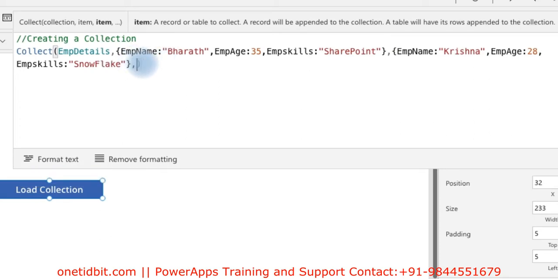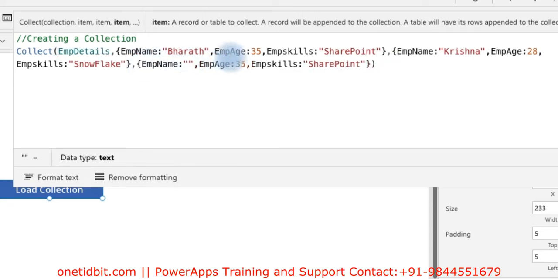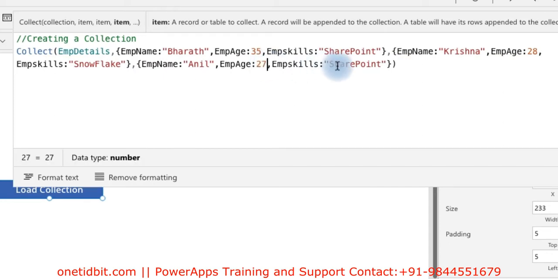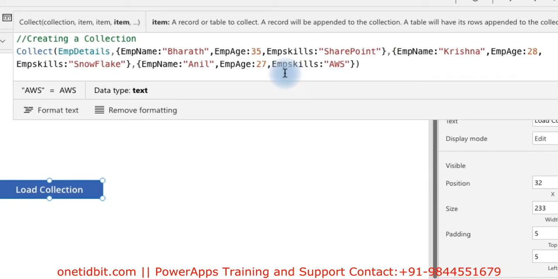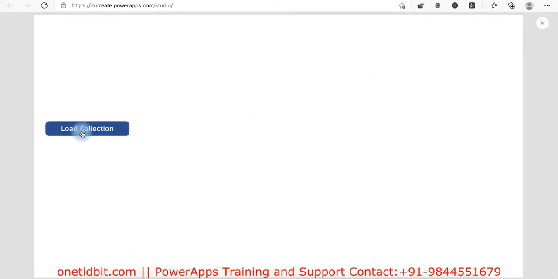And if you want to write one more, copy, skills, you can write AWS as a skill. Okay, like this we can add more columns here. Okay, now let's load this collection once again. Go to preview here and click load,